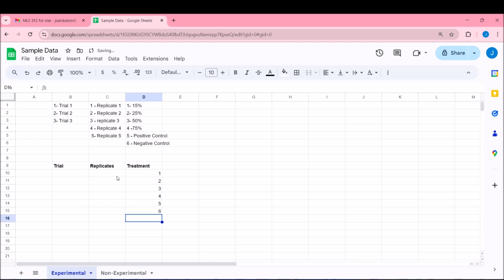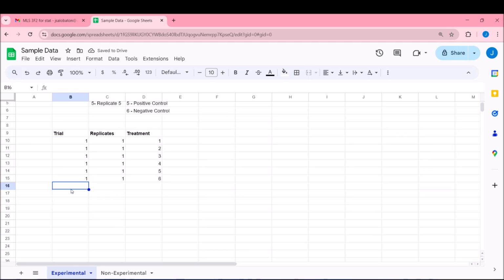And this is now replicate 1 for trial 1.